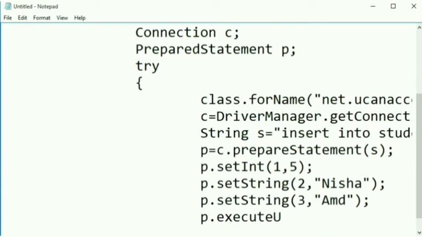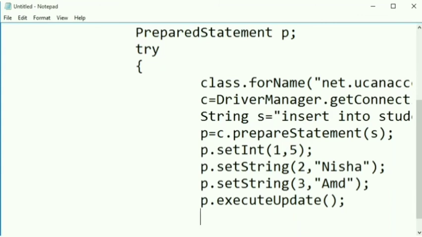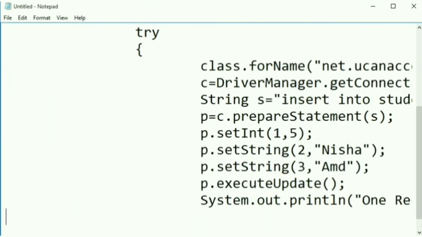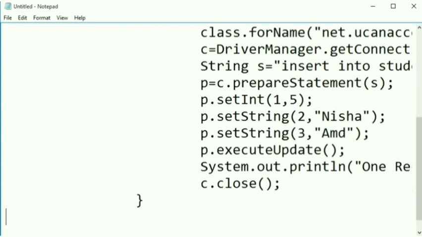So using the prepared statement object, we apply the executeUpdate method, and then after the update is done, we have to see whether the update is done or not. So we just write that record is inserted. So here we write one record is inserted, and then after we just close the connection. The connection object is c, so c dot close, and then after we just close the try block,